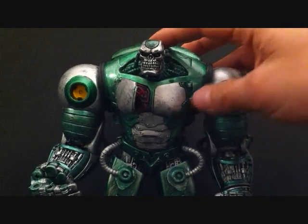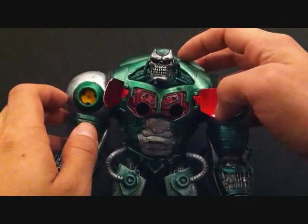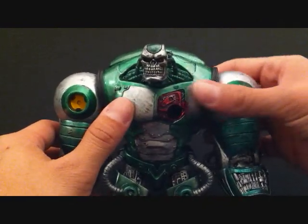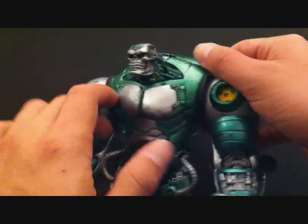And that's what it does. He just shoots it out. He comes with two of them, so you just put those right in there. So those are some of the accessories he comes with. Another accessory he comes with,